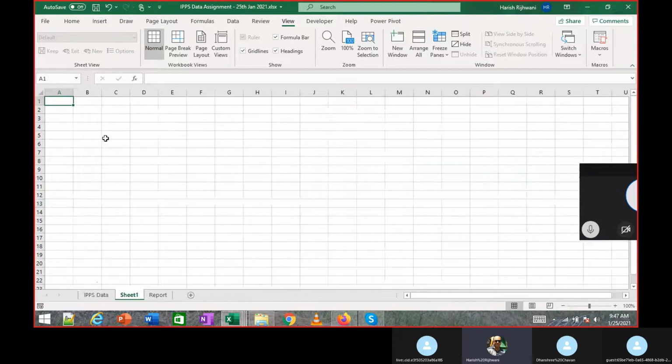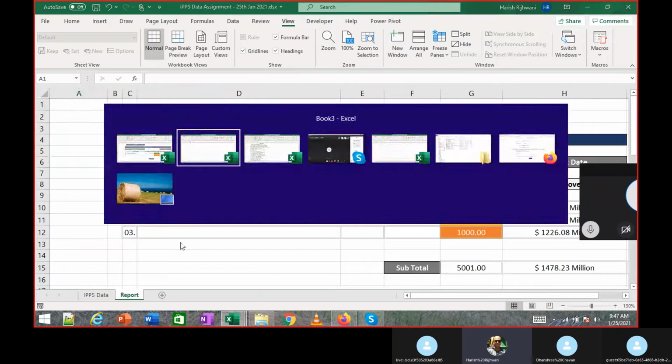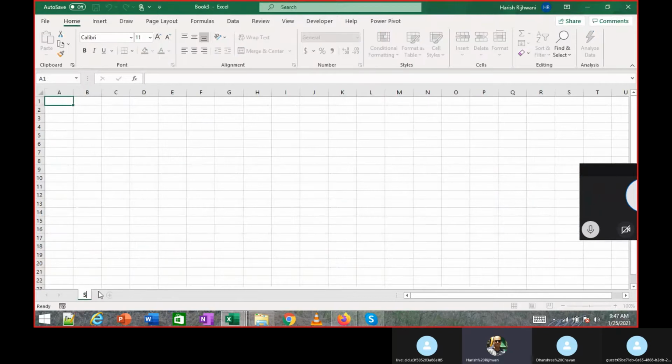Okay, so what we're doing is, see, Control plus N is a new sheet, new workbook.